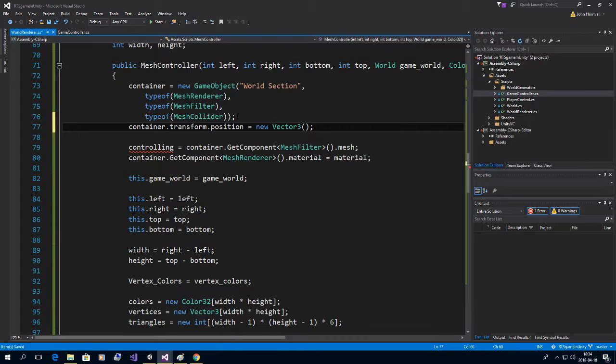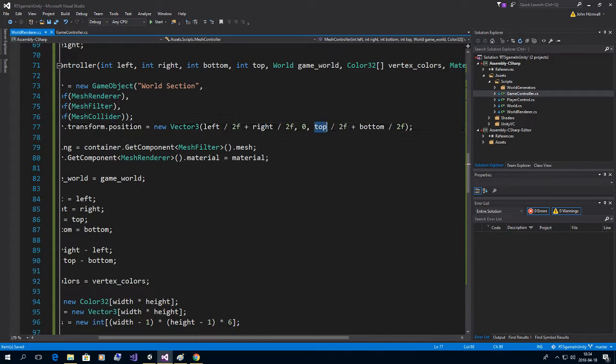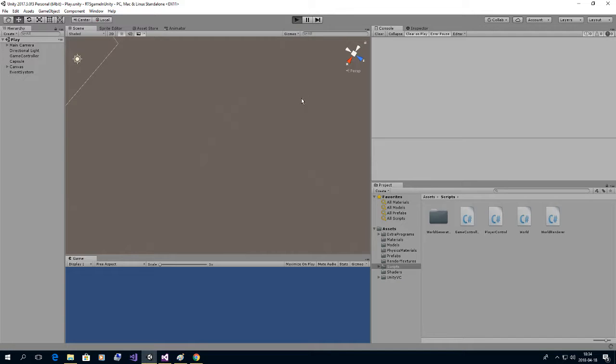It's going to be our left plus right divided by 2. So it's going to be left divided by 2f plus right divided by 2f, 0, top divided by 2f plus bottom divided by 2f. So this is a way to get sort of an average. You just take each element and divide it by 2 when you're going to get averages of 2 elements. You can also add both and then divide them, but it doesn't really matter. I might do that later because it might be more performant. Okay,